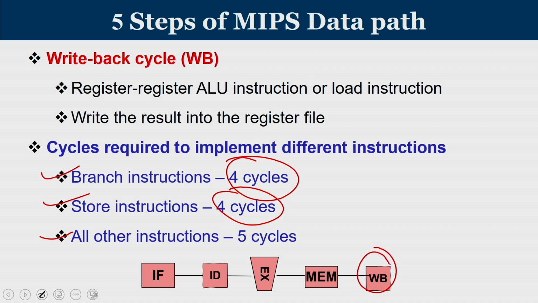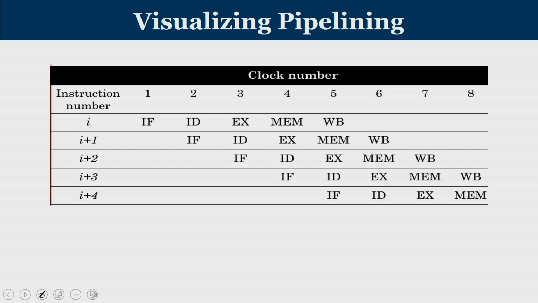If you try to visualize a pipeline, consider the case wherein on the x axis the clock cycle numbers are represented and on the y axis we have the instruction counts. Each instruction has to pass through 5 stages. So, consider instruction number I, where in the first clock cycle the instruction fetching happens, and then the second clock cycle performs decoding, followed by EX, MEM and write back. At the end of the 5th clock cycle, the ith instruction reaches its write back stage, completing its execution.